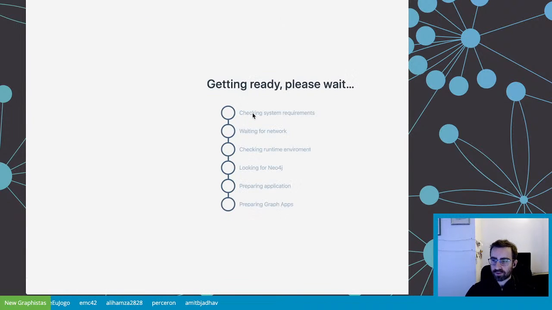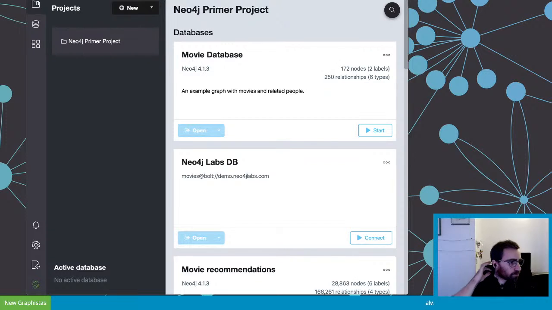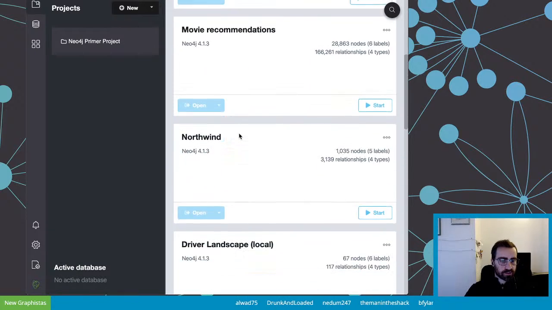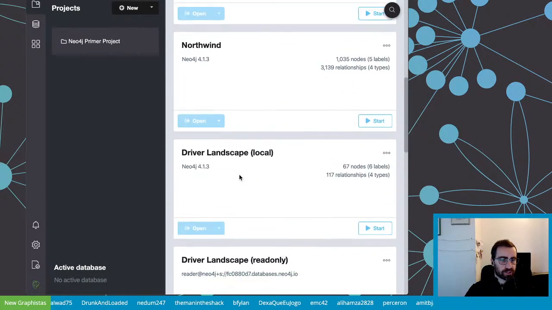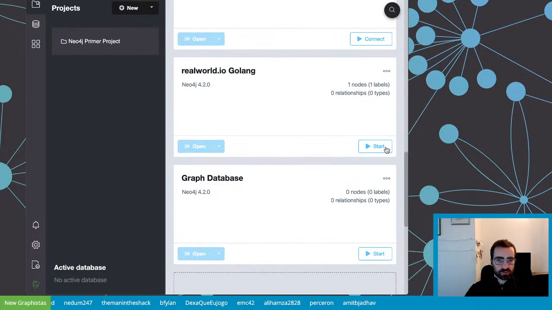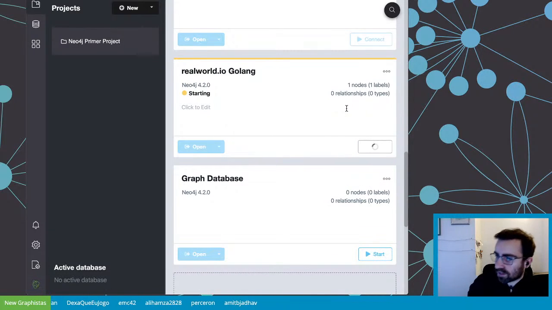Oh, and I realized I just lost my connection for a few seconds, so you might have lost my stream for a few seconds, but hopefully it's back. Please let me know if there is still an issue going on right now. So I have this Neo4j Desktop, which is really nice, and now I just need to find my database in there, which is this one. And there is one node already, which is nice because I will be able to test the login directly. So let's see.